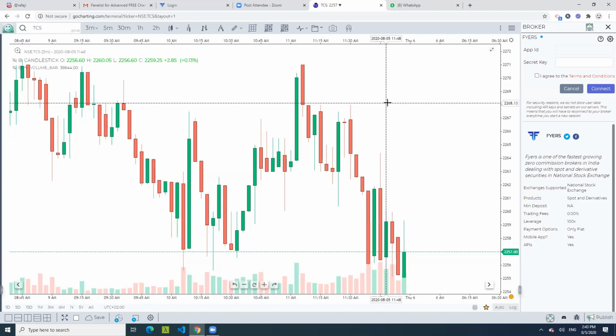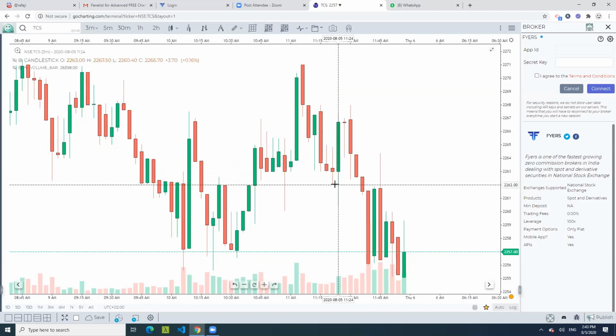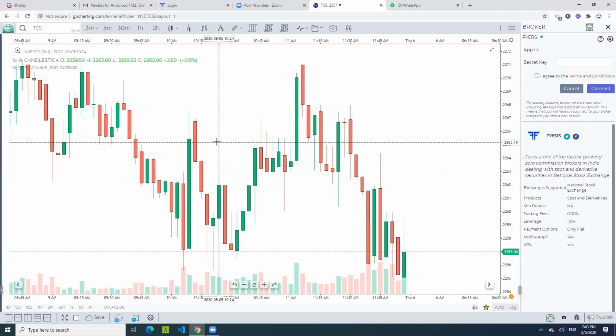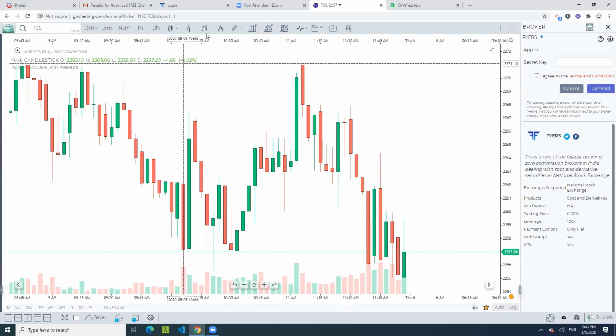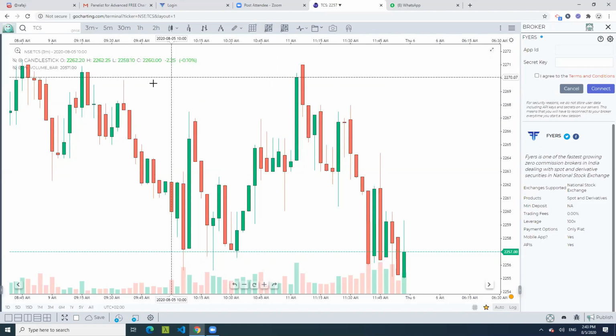Sushant, a lot of your viewers have questions on data feeds. So how are you going to feed the data over here? Right now the data is coming from TrueData, and we support NSE Spot and NSE Futures. All the features that I have shown today, market profile, volume profile, multiple indicators, everything is